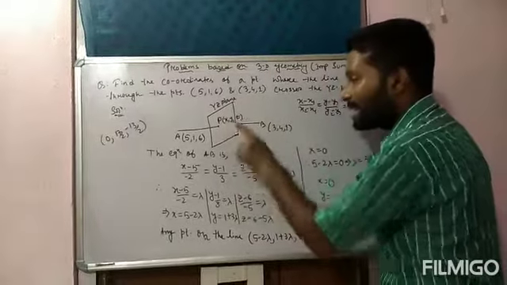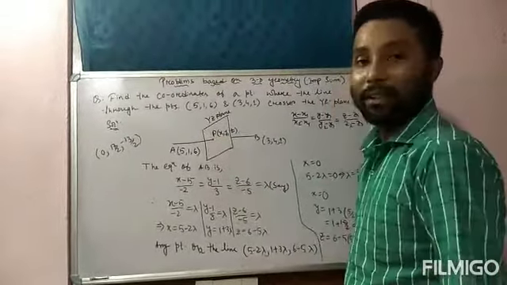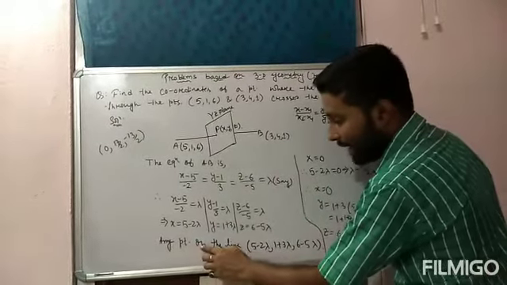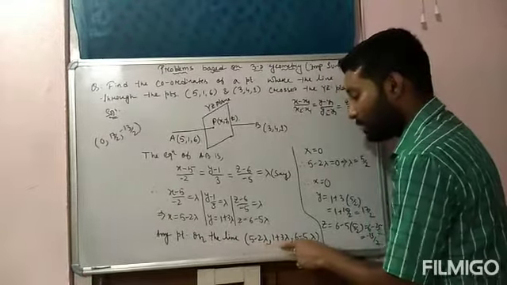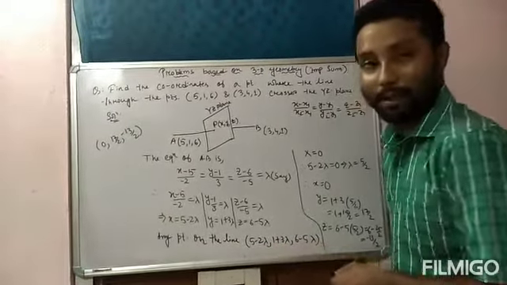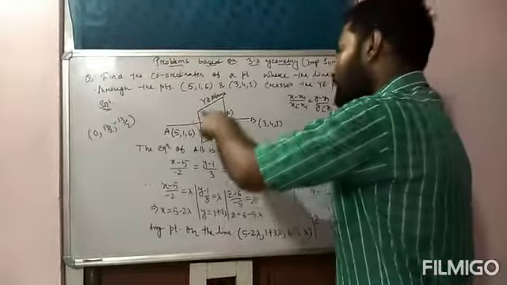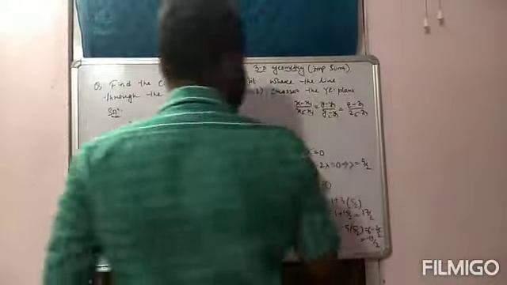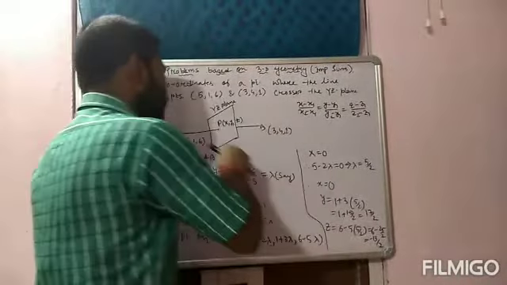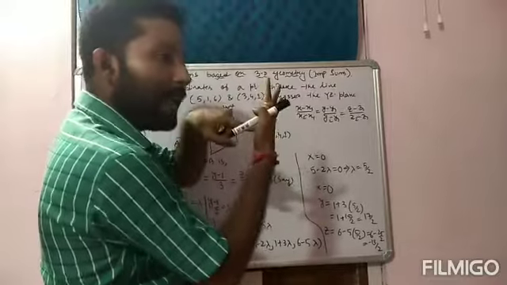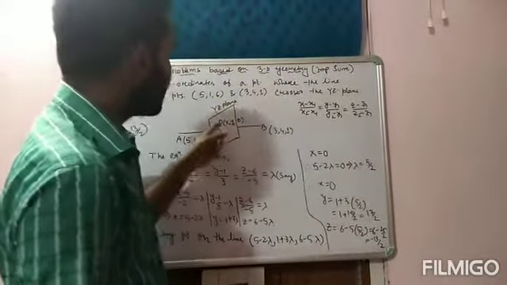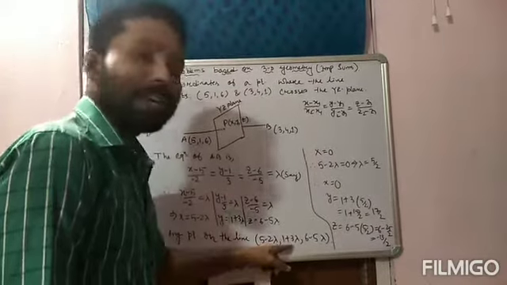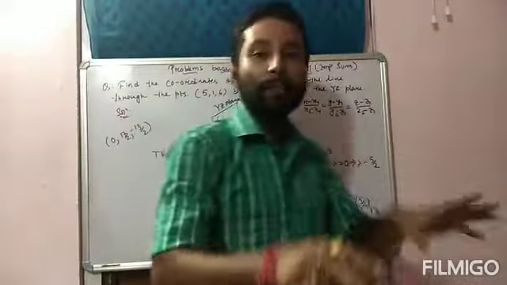That means we can say that the point P lies on the line, not only on the line, it is inside the plane also. So any point on the line is (5 minus 2 lambda, 1 plus 3 lambda, 6 minus 5 lambda). Okay. Now, since the line crosses the YZ plane, we know the equation of the YZ plane is x equal to 0. So this line is crossing the plane, so that means the x coordinate, which is 0, will satisfy these coordinates, because the point P lies on the YZ plane also, right?